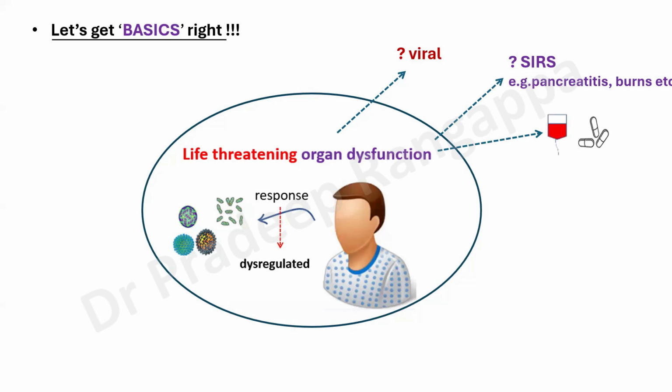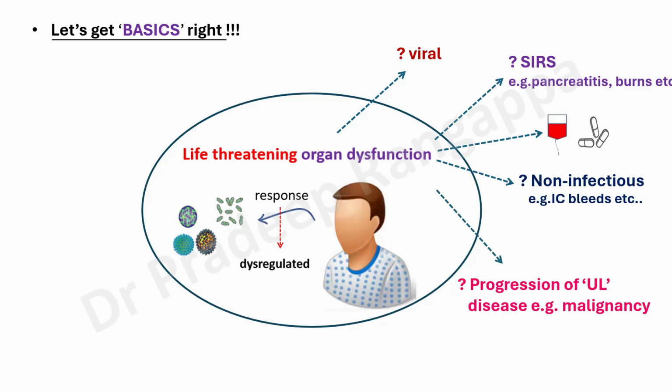Or it can be due to a transfusion reaction or a drug-induced reaction, which can lead to organ dysfunction. And there can be non-infectious causes of such organ dysfunction. It could be an IC bleed, subarachnoid hemorrhage, or just a contusion in the brain. All this may lead to some sort of a surge response, or it can be just the progression of the underlying condition, considering if they have an advanced malignancy. Just the progression of this malignancy itself can present with multi-organ dysfunction, and we may call it sepsis and